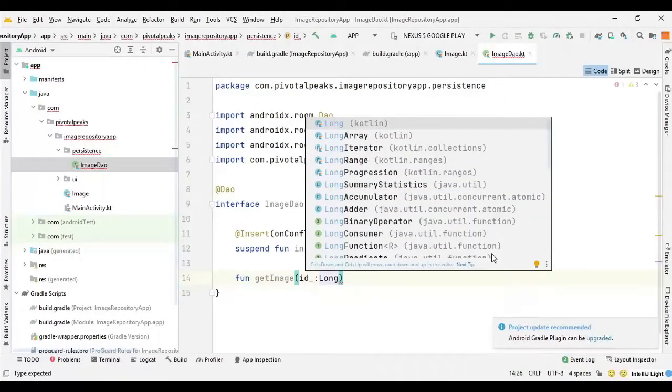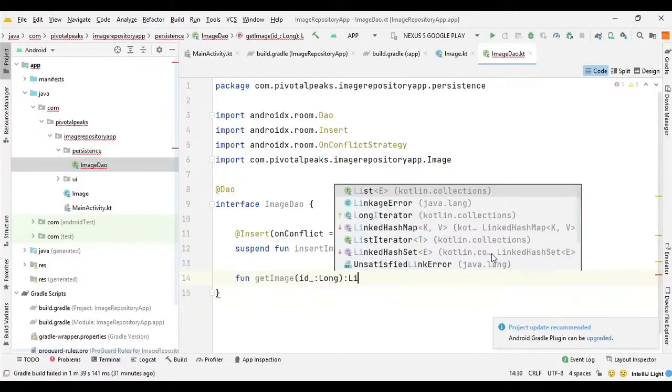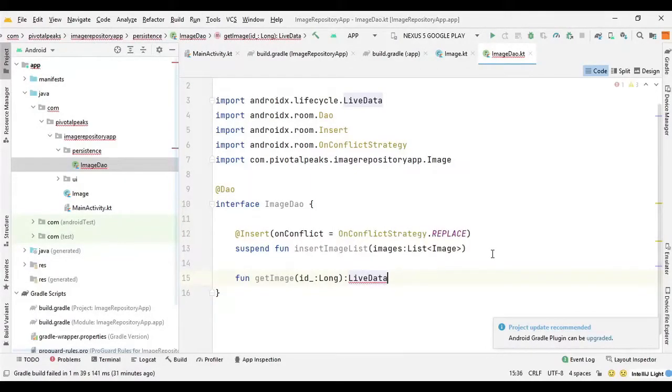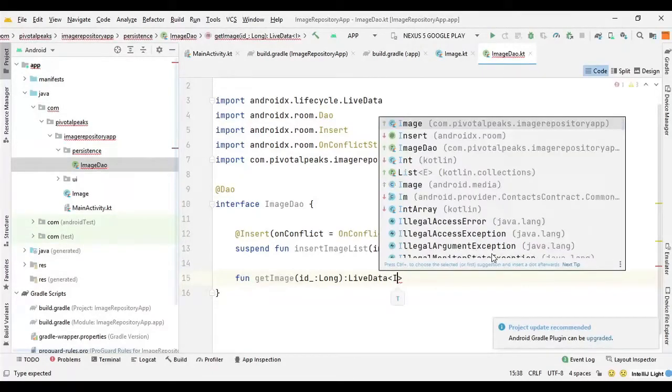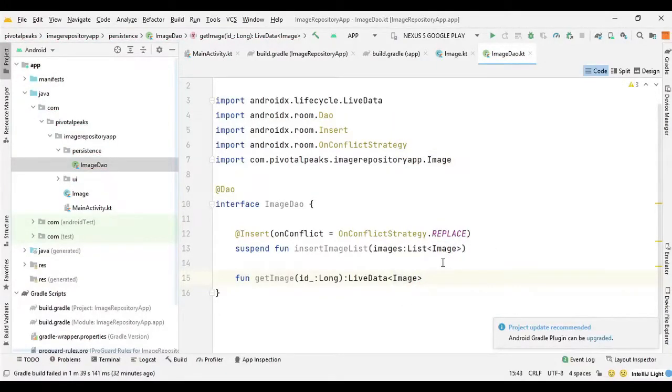We have to provide the return type also, and here we need LiveData, and I guess we have not, yeah, actually we have. So we are going to need LiveData, and here we can pass our entity. So we can pass the Image entity, but sooner or later we are going to need the lifecycle LiveData dependency. So let's declare it anyway.